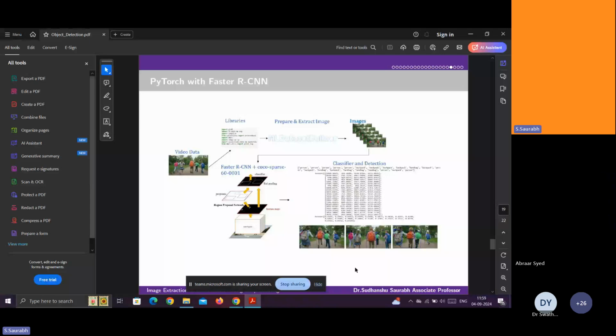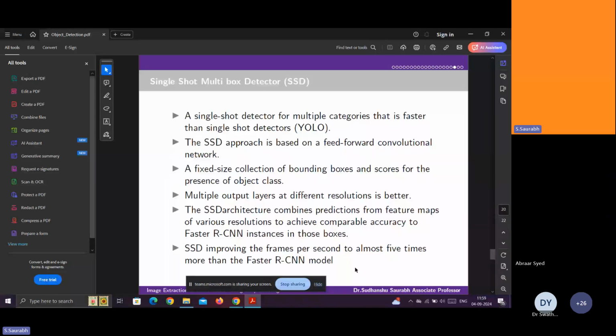So those speech, those words, you have to analyze by another output layer. That's why multiple output layers at different resolutions are better.